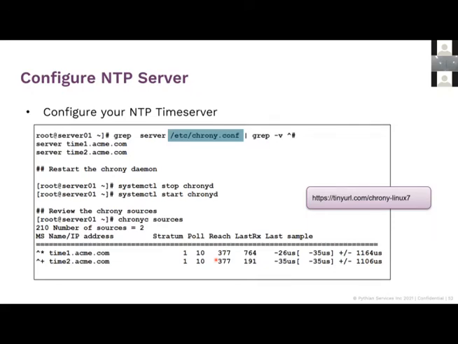The important thing over here is, if you look, time1 and time2, these are the internal time servers that I was talking about. This is the source. As you see, we've defined our sources over here. The other option is you can use a free pool, pool.ntp.org. I don't remember the entire website, but there's a pool of free NTP servers available on the internet that you can use to synchronize time.